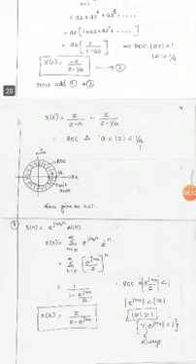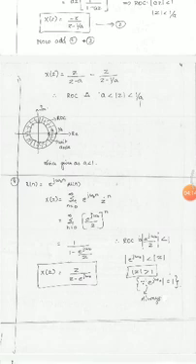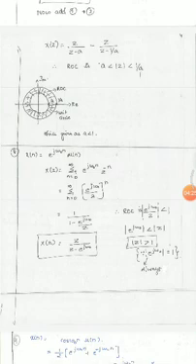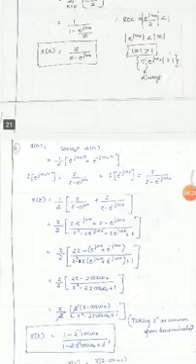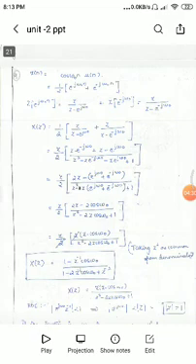The next one is x of n is equal to e power j omega naught n. We have to use the formula: summation from n equal to 0 to infinity of e power minus j omega naught n divided by 2 power n. At last we get the answer z divided by z minus e power minus j omega. In this problem, we find the Z transform for cos omega naught n. We split cos omega naught n into 1 divided by 2 of e power j omega naught n plus e power minus j omega naught n.